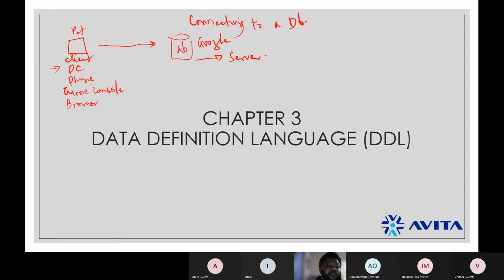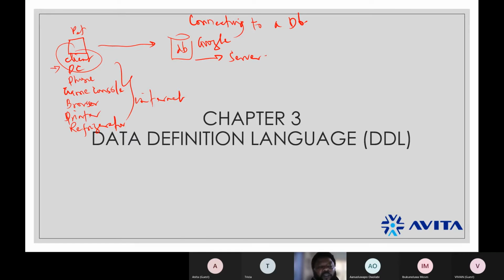What else could it be? Even your printer, your refrigerator, anything that can connect to the internet. Basically, anything that can connect to the internet is your client system. Are you following me?